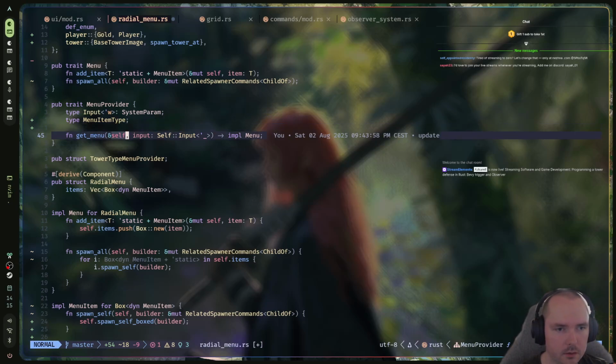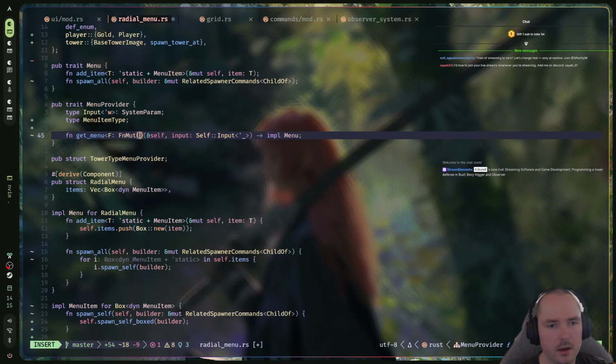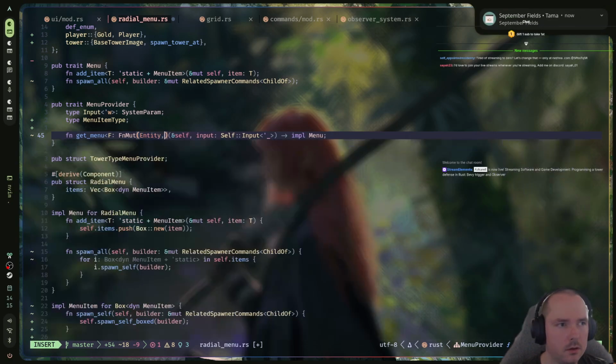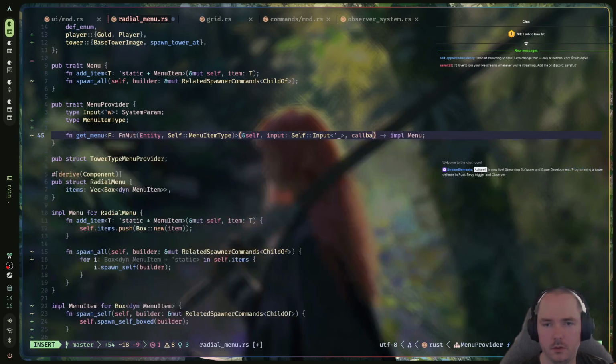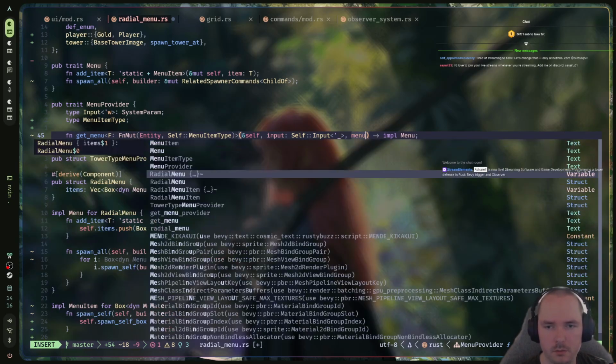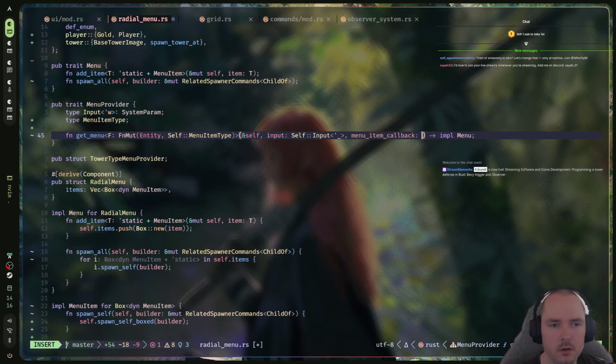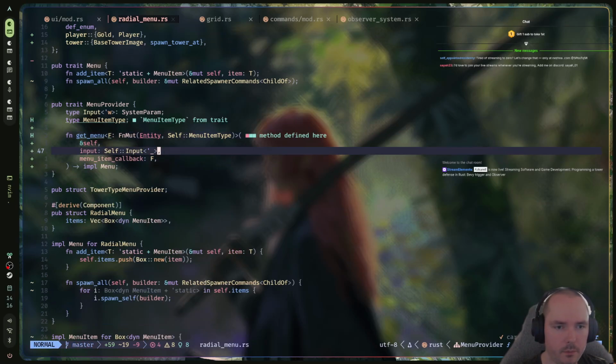Does this make sense? And now I can more or less accept here a function that takes my entity and my self menu item type, and then here menu item callback f. Maybe actually that's the best way to go,